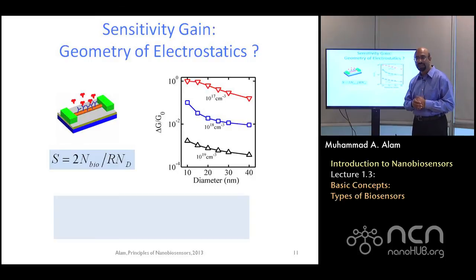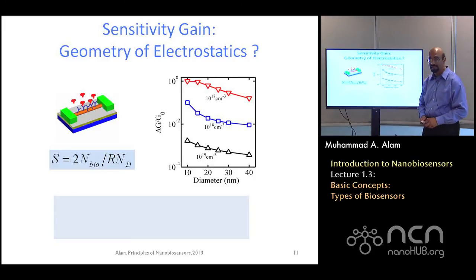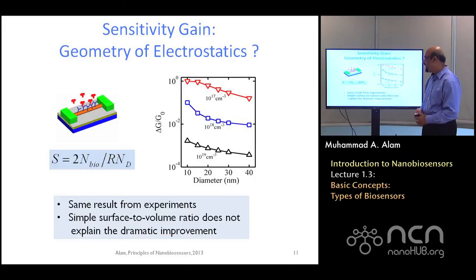Still, in the previous case, we saw there were about 15 orders of magnitude enhancement in the sensitivity. Certainly, this is important, but this is not the only explanation, not even the major explanation about what geometry does to the sensor surface, to the sensitivity of a sensor. And in fact, this is a key argument that I hope you will remember as we go to the next lectures.